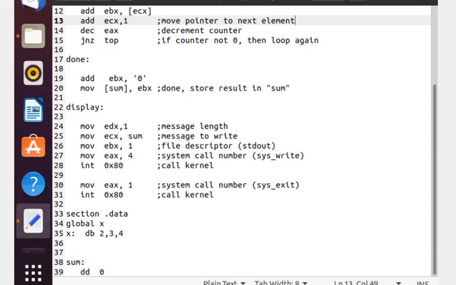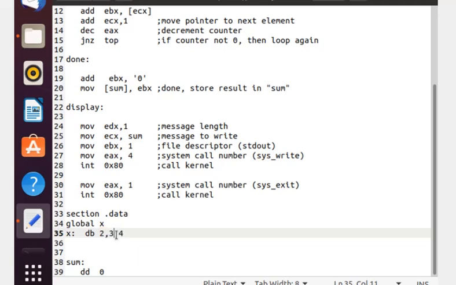As you can see in your data section, section .data, I have defined a variable x. I have used the directive db, specifying the byte variable, and then I have defined the items in that array, which are 2, 3, 4. So these are the 3 items which I have stored in the array x. Since these are single digit values, it will take 3 bytes to store this particular array. The size of this array is just 3 bytes because it is saving 3 items.